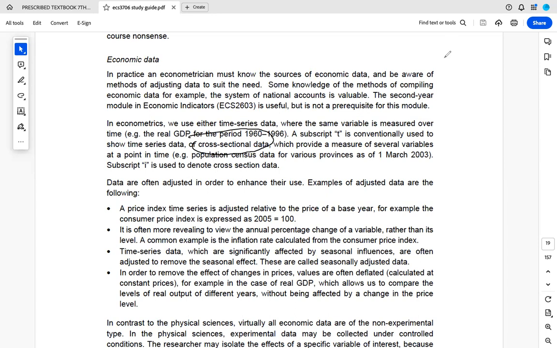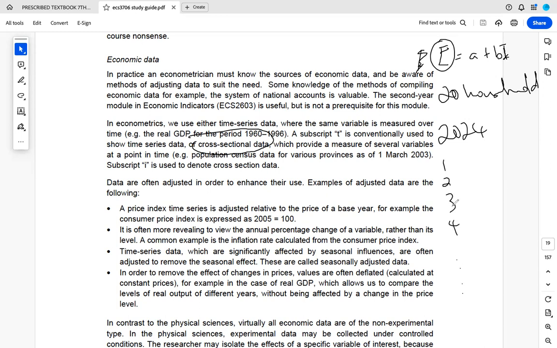Let's say we were using that model where we want to estimate expenditure, and we've said that it's related to our level of income. We can look at expenditure maybe for 20 households. Let's say we look at expenditure for 20 households in 2024 today. So we get 1 household, 2 household, 3, 4,